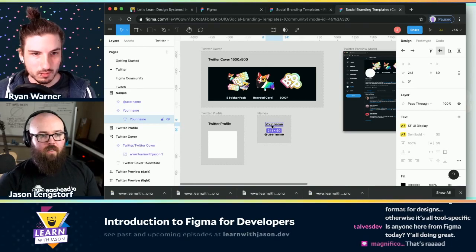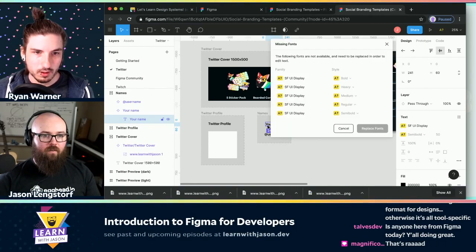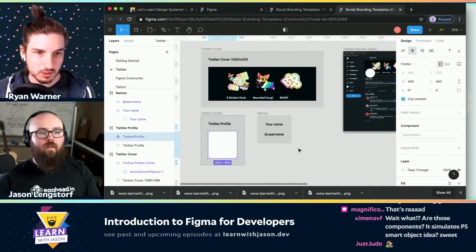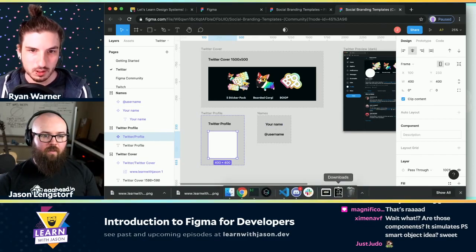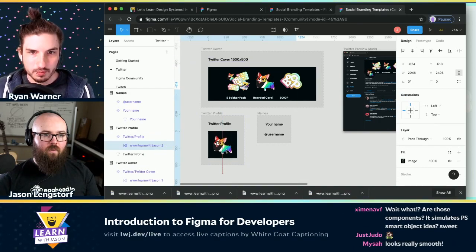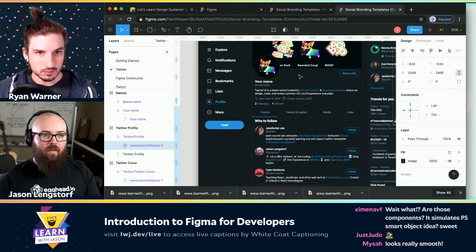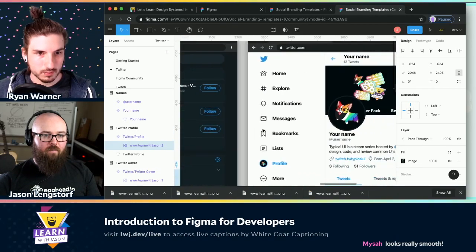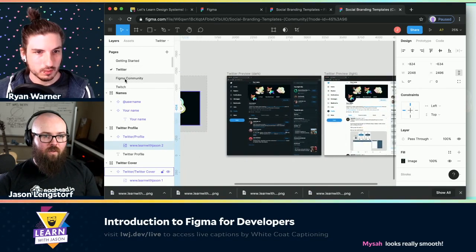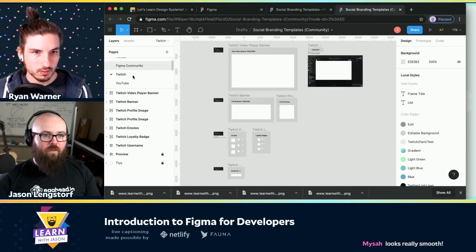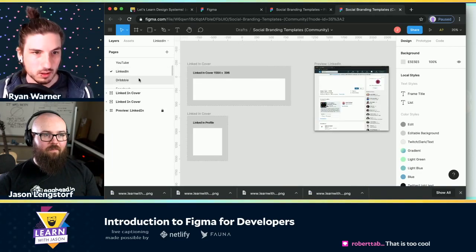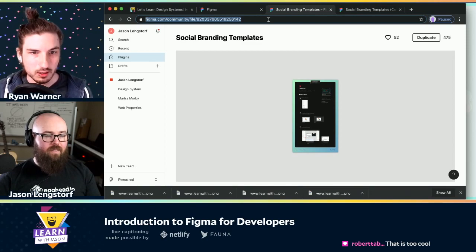And then you've got it set up so that, what am I doing? I need to change that font. It's supposed to be the default Mac font, but you can change the font to anything you want. Oh, it's fine. I'll throw in a photo instead. Let's do a corgi. This is the corgi Twitter profile, and there it is. It shows you your whole Twitter setup in just a couple seconds. So you can really test that out and play with it. And then it goes across a bunch of these, which is really fun. If you're spinning up a new brand, all this is doing is using the components that we talked about on stream today.